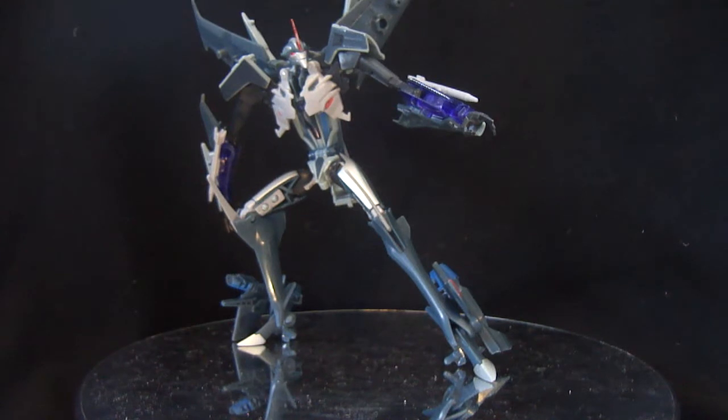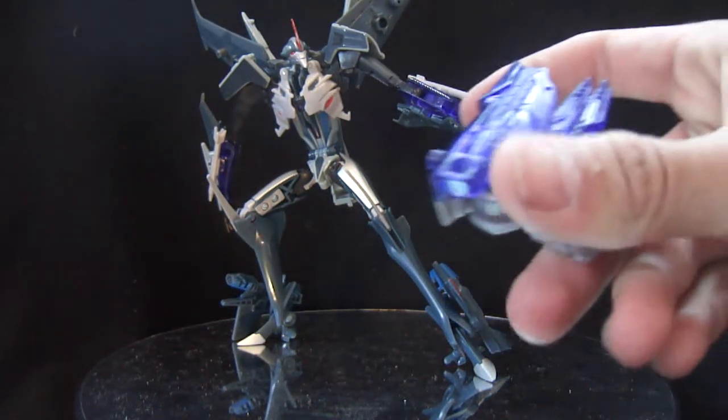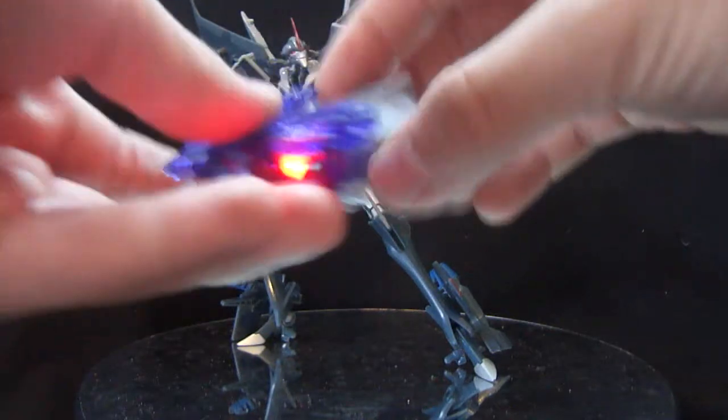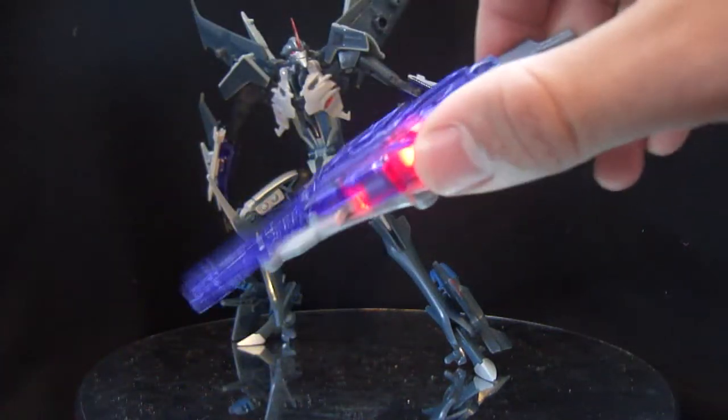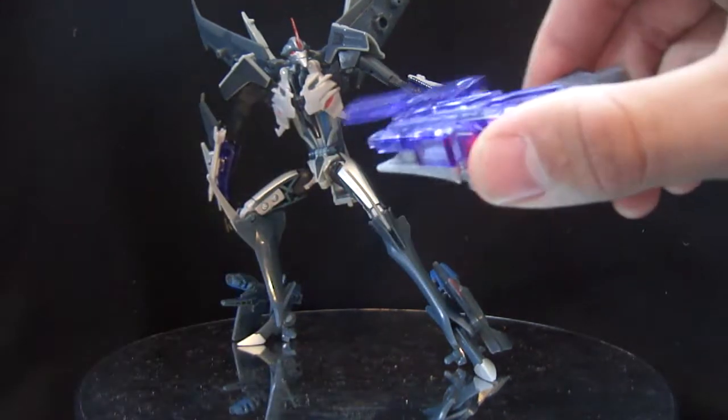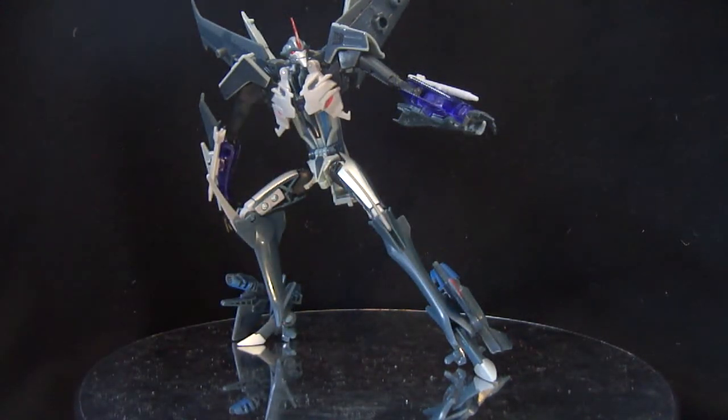I really don't know what Hasbro has up their butts when they make these things, but this is the stupidest weapon ever. I mean, look, just like, oh, I'm going to poke you with my pokey stick of death. Ha ha ha. Here we go. It's like, oh, I don't know. It's stupid, but